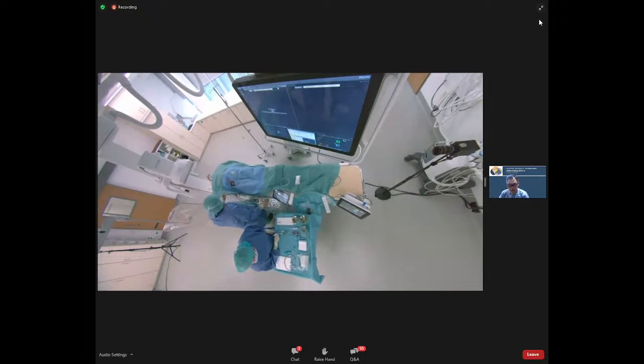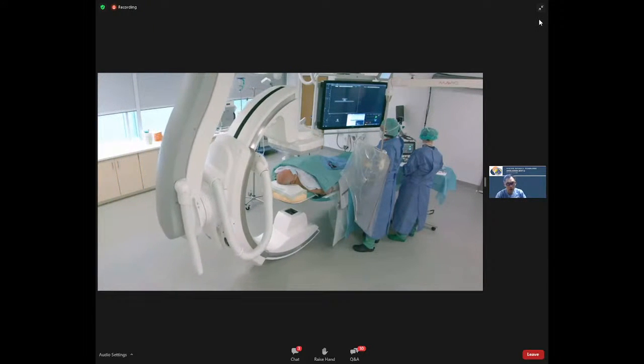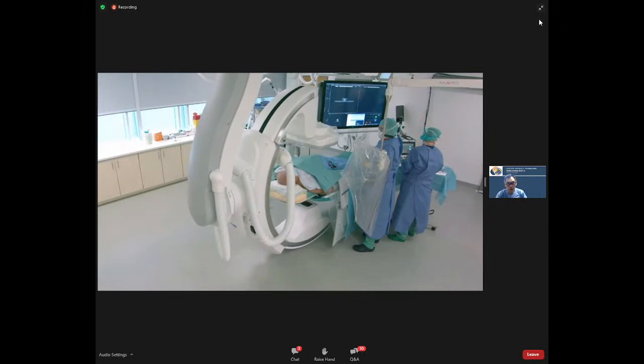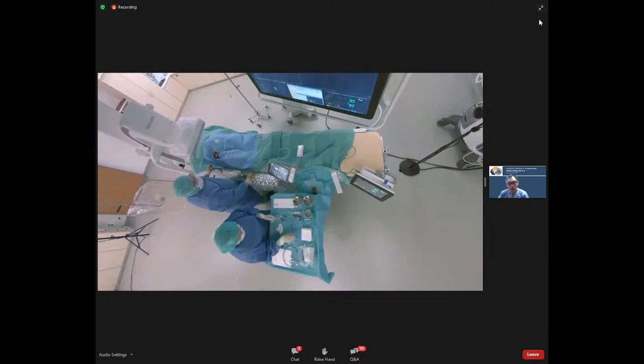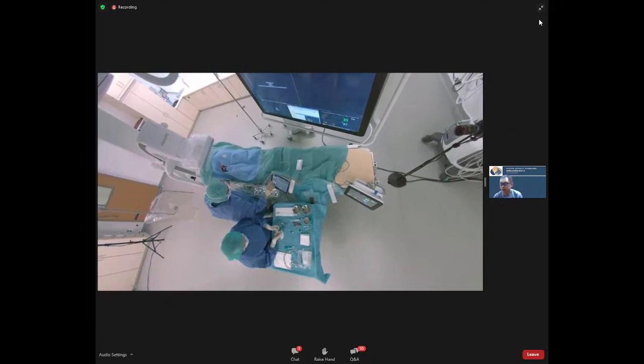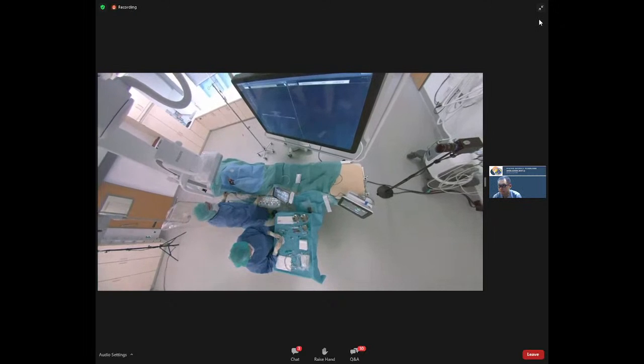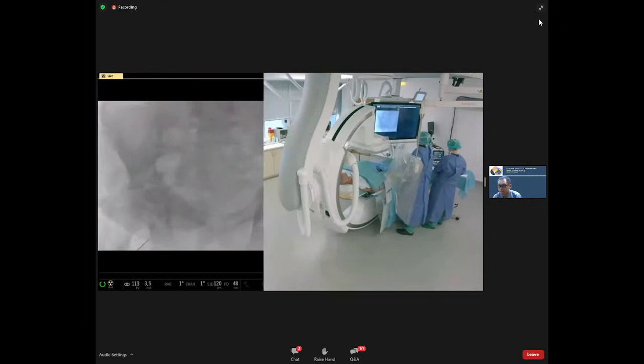brought into working position. Here you can see the C-arm can reach the groin in the propeller position due to the positioning of the patient as high as possible on the table. The correct protocol is selected on the touchscreen module, TSM, for the right procedure acquisition program and FlexVision monitor layout.